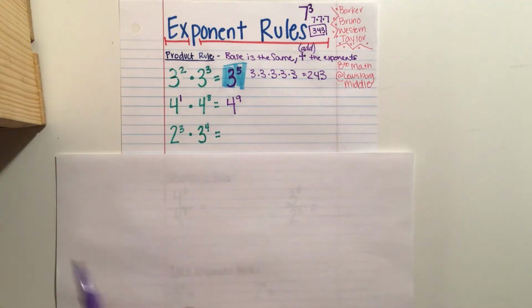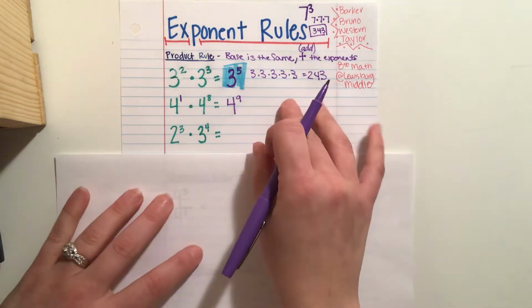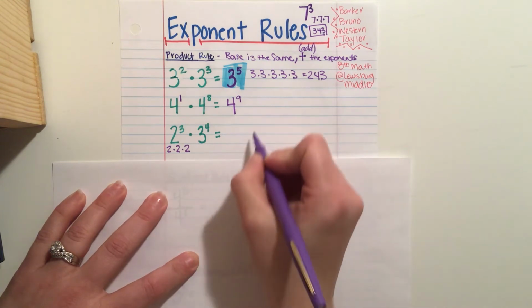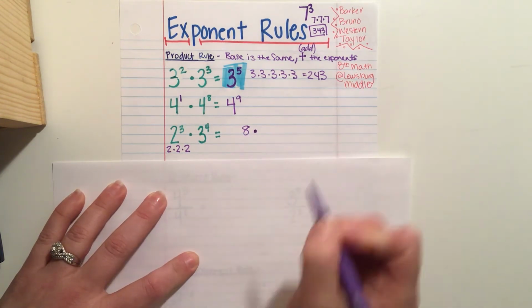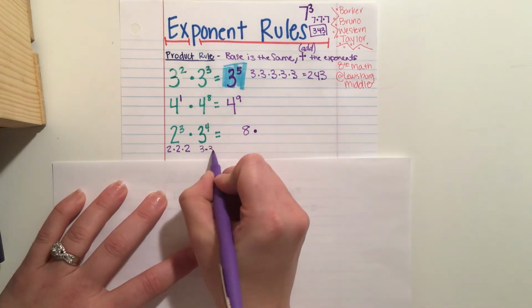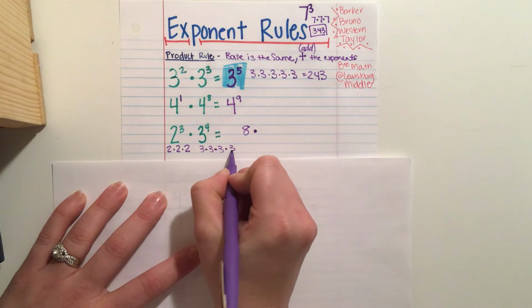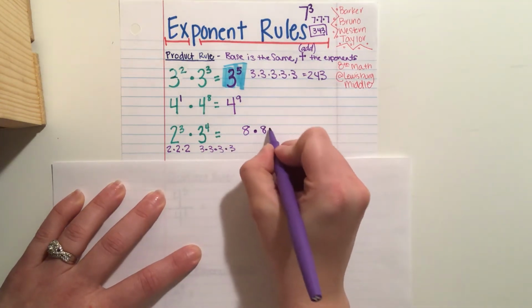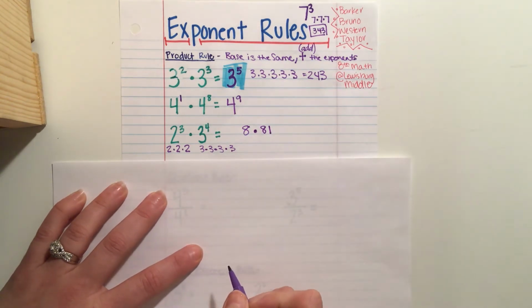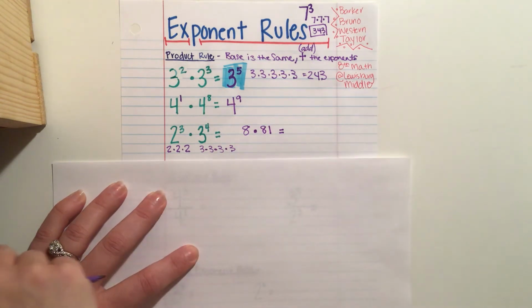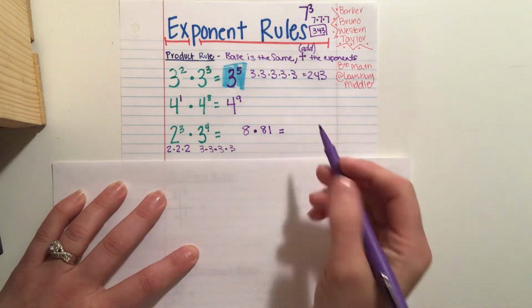So in your calculator, you're going to say 2 to the third power, and that would be 2 times 2 times 2, which is 8, times 3 to the fourth power. So 3 times 3 times 3 times 3, and 3 to the fourth power is 81. So 8 times 81 is what you could write as your answer, or you could actually solve this all the way out, 8 times 81, and you know that your answer is